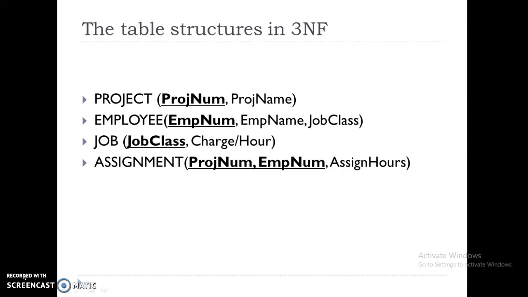So the resulting table structure in 3NF is: we have a project table which only deals with project details, an employee table with employee number as the primary key and his name and job class. We have a job table which holds details about a job class and the charge for that particular job class. We finally have an assignment table in which the primary key is a combination of project number and employee number,